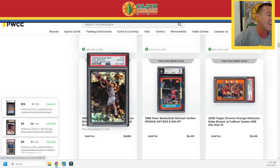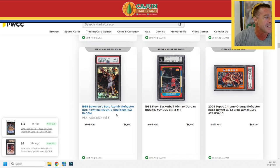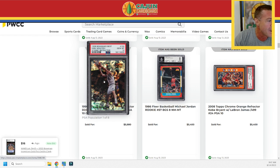A monster Dirk. Okay, so 58.80 for this one. It's a Pop 8, Pop PSA 10. Can't get any better than that. It's his Atomic Refractor. It looks like cracked ice in the background. It's from 1998 Bowman's Best, and he's getting a rebound over